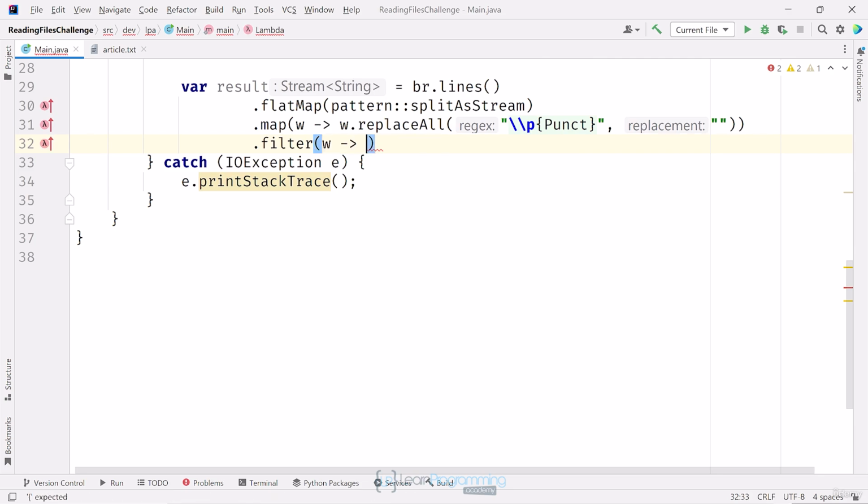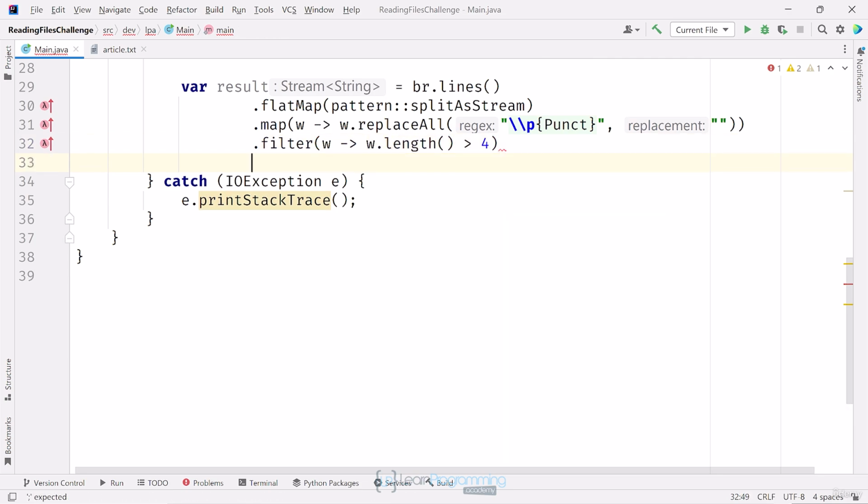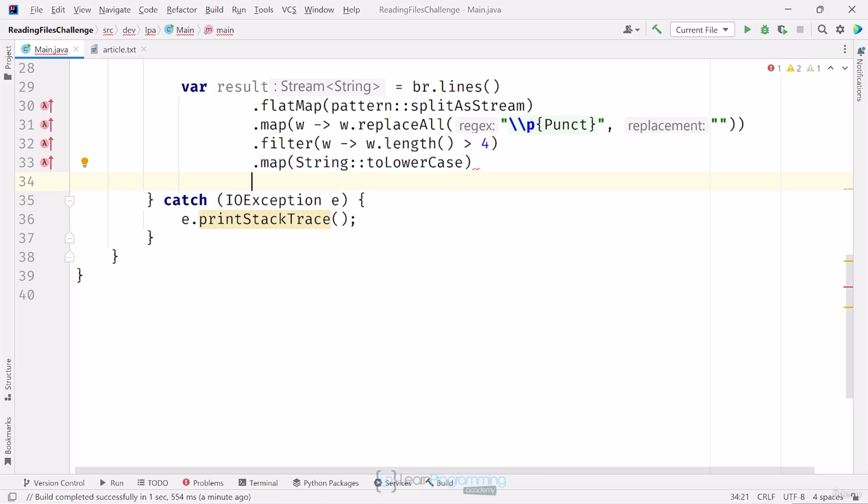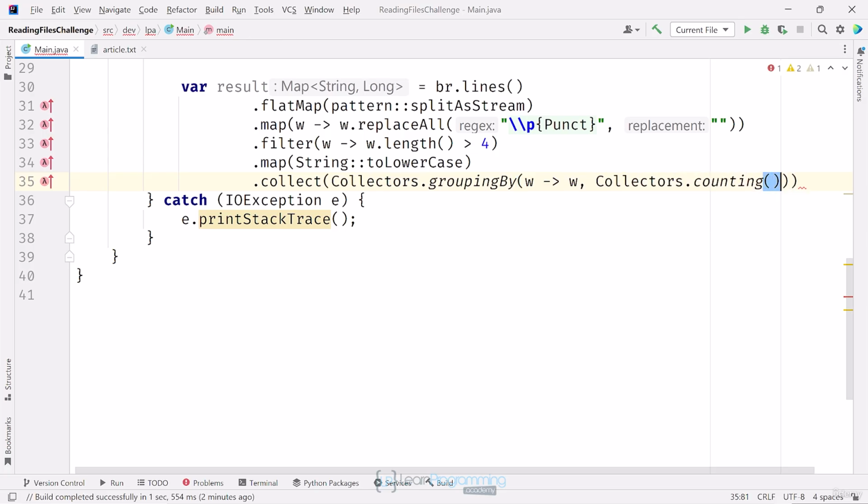After this, I only want to evaluate words with more than 4 characters. I'll make all the words lowercase, so I don't have duplicates just based on case. The terminal operation will group by the whole word and count all instances of the same words. Now, I need to print out the results, and I've said I only want the top 10 words that have